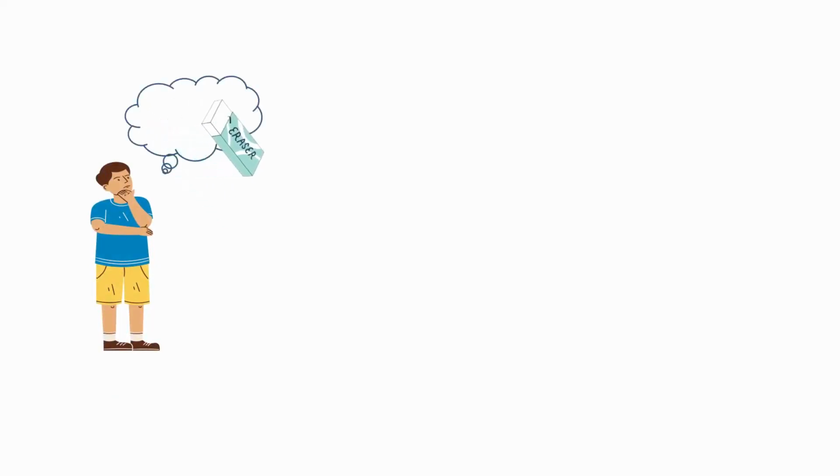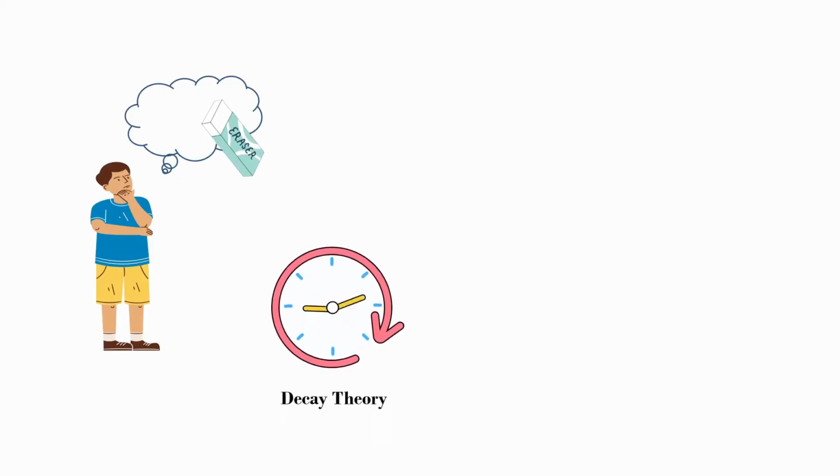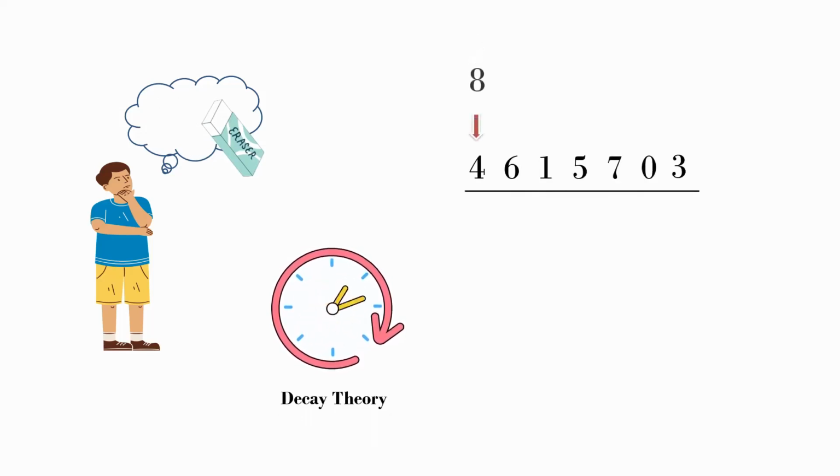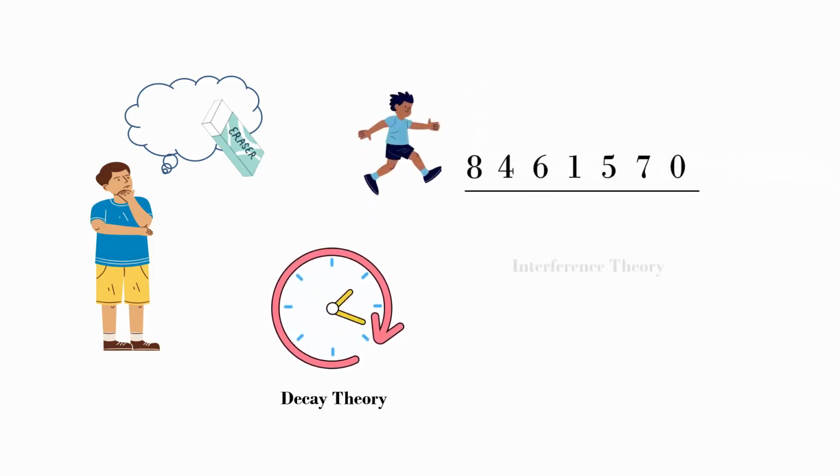Is it because with the passage of time that we forget the information, which is known as decay theory, or is it because of the displacement of old information by the incoming new information? As we already know, there are limited slots available in the primary memory. So to store new information, the old information is kicked out and replaced by the new information, which is known as interference theory. To understand this, Waugh and Norman conducted an experiment on a group of individuals known as